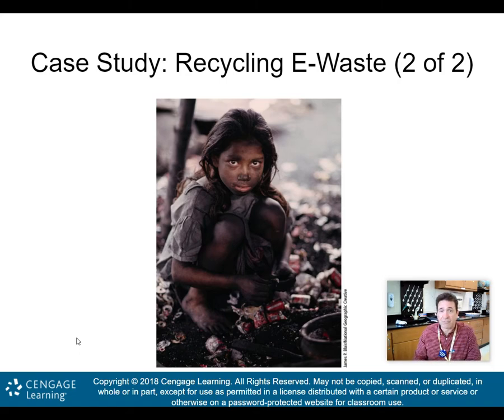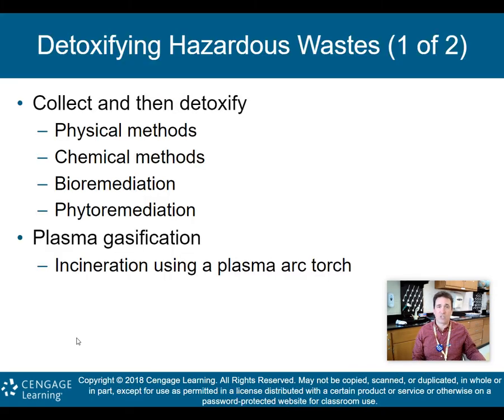This is tough to see, because I don't think you would want your daughter working in an environment like this. So again, we need to figure out how to help these underdeveloped nations recycle these batteries. Doesn't mean that we can't have recycling plants in Bangladesh. Doesn't mean that these folks can't help recycle and make some money for their families, but we need to do it in cleaner and more humane conditions for them.